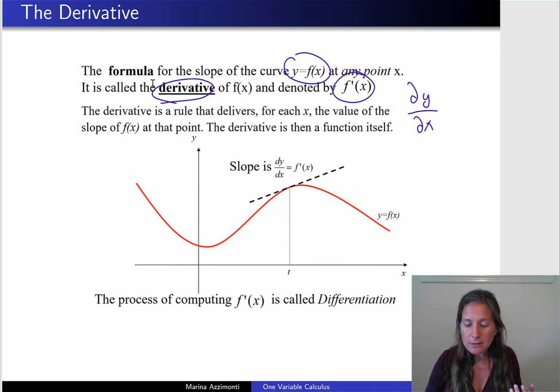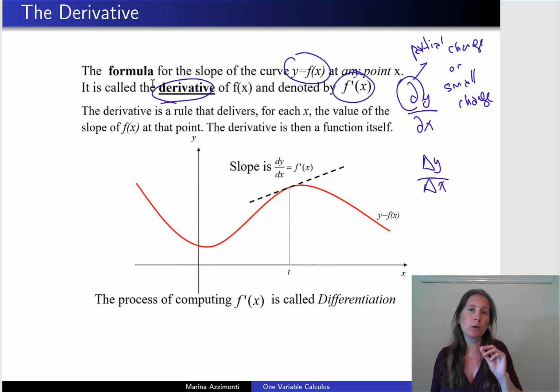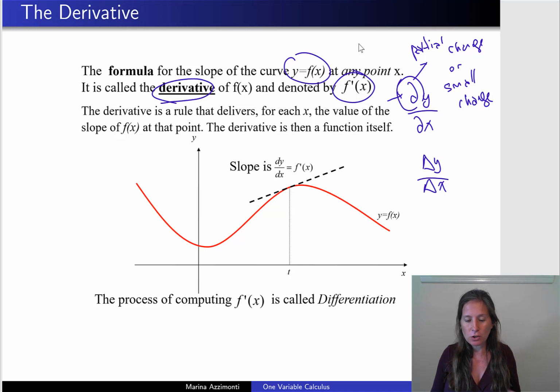So notice that this symbol here is the symbol of a partial change or a small change. When we were talking about the straight line, we were using this symbol. Typically, when we use delta, we are talking about slightly bigger changes. When we use this symbol here, we are talking about very small changes. So these are different ways in which we are going to denote the derivative of a function at a particular